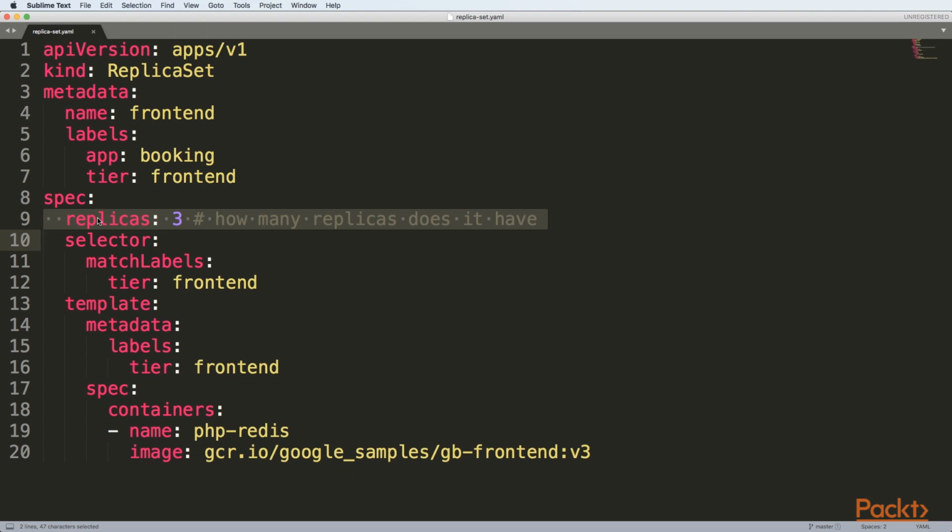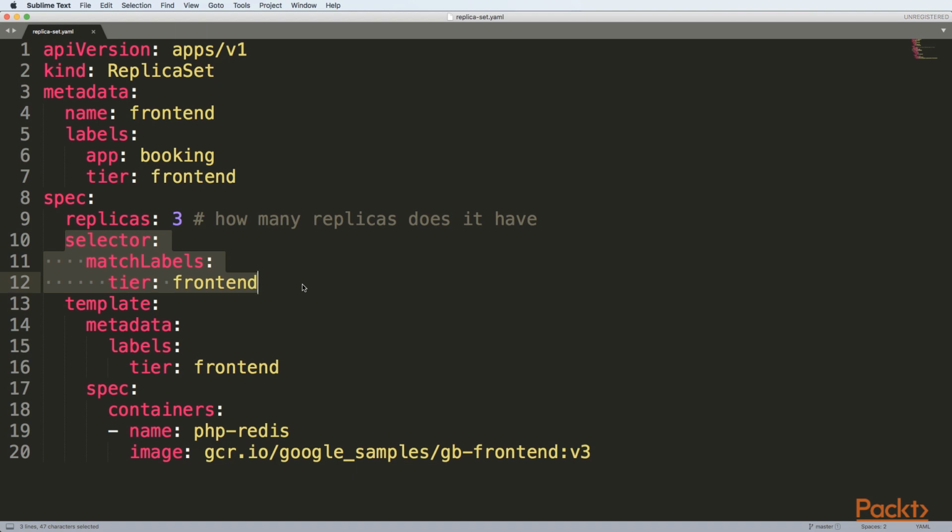This is very important because it allows us to scale our services easily and also to leverage the built-in mechanism that is present in Kubernetes. Then we have Selector. This is also important, so it tells that this replica specification should match only frontend tier. So we can create, for example, couple different replica specification, and every replica specification could be for the different tier